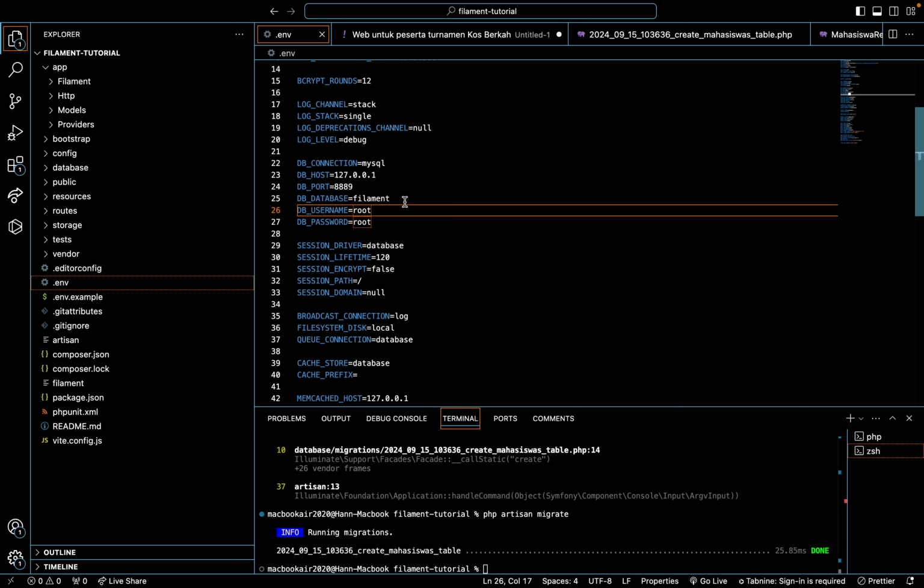You must change this to connect your database, and the database name is mass filament. After that, you must write php artisan serve.